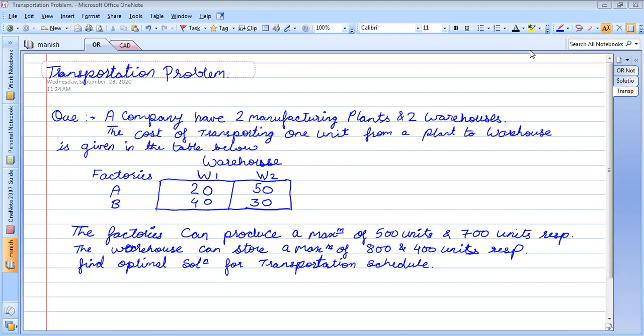In graphical method, the limitation is you can only use it for two decision variables. If the decision variables are more than two, you cannot use it. Then we have also studied the simplex method. In simplex method, we started with the simple simplex method for maximization problem. Then we moved on to minimization problem. Then we have seen the addition of a slack variable, a surplus variable and an artificial variable. Then we have also seen the big M method.